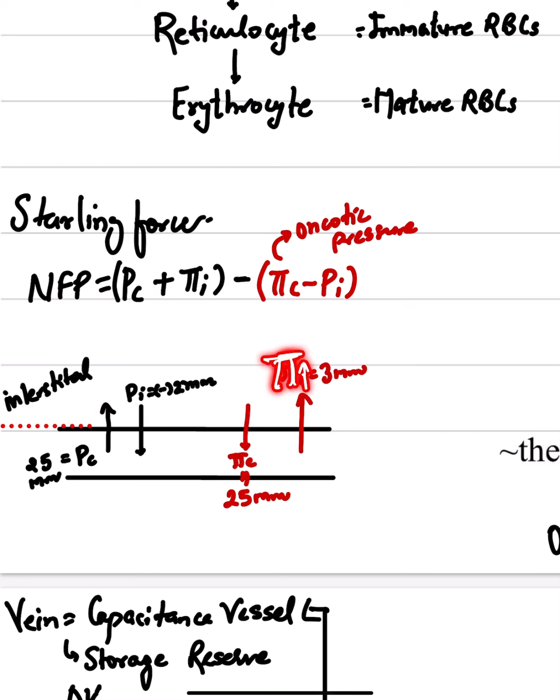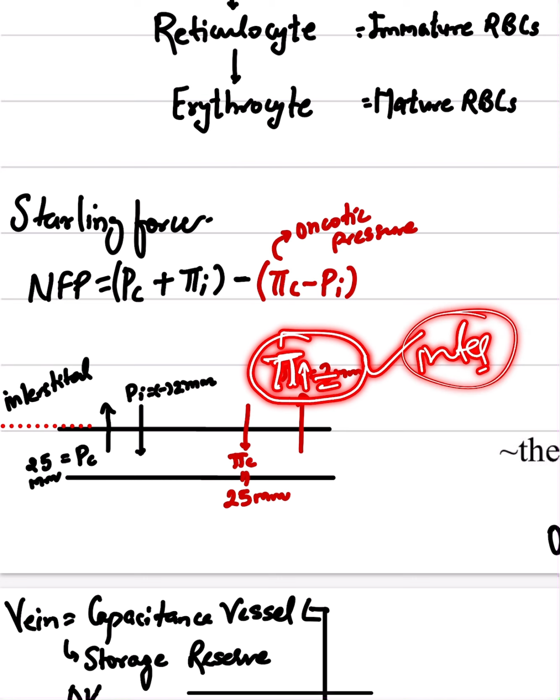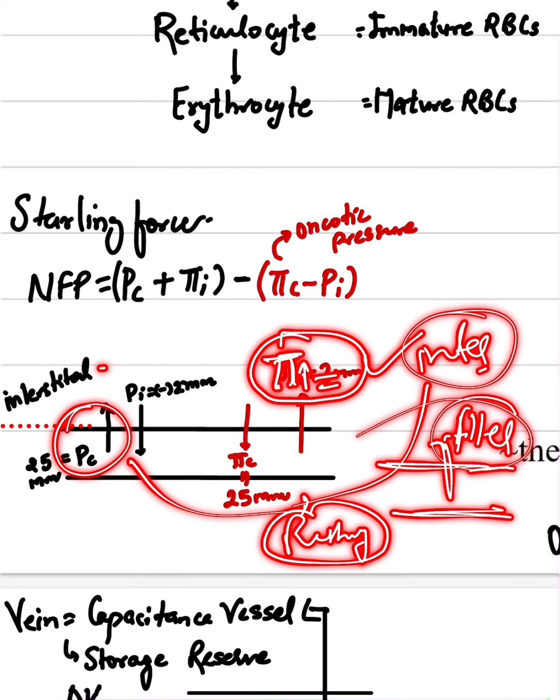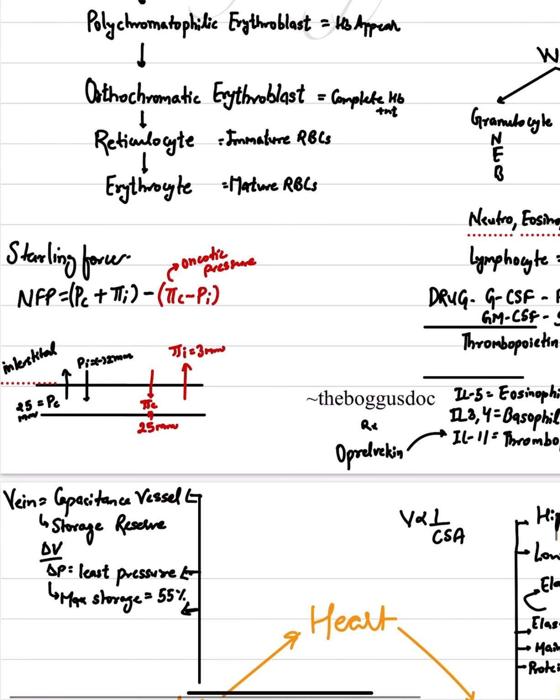Hydrostatic pressure of capillaries, and what is pulling it? Oncotic pressure of interstitium. Okay, these two forces are pushing. This needs more blood in the filtration capacity. Okay, so these are the Starling forces, and you have to remember them. Anyhow,